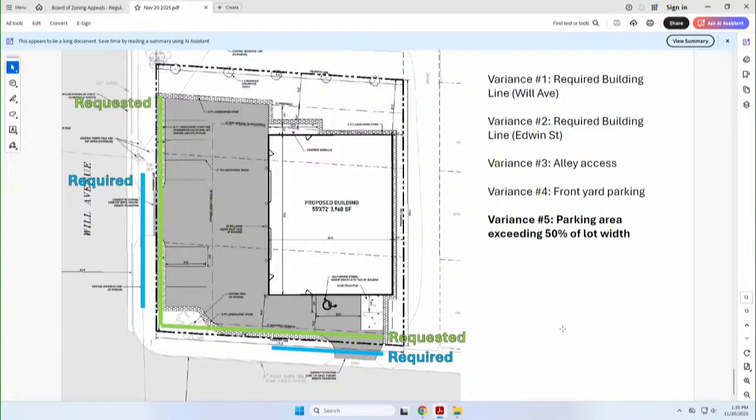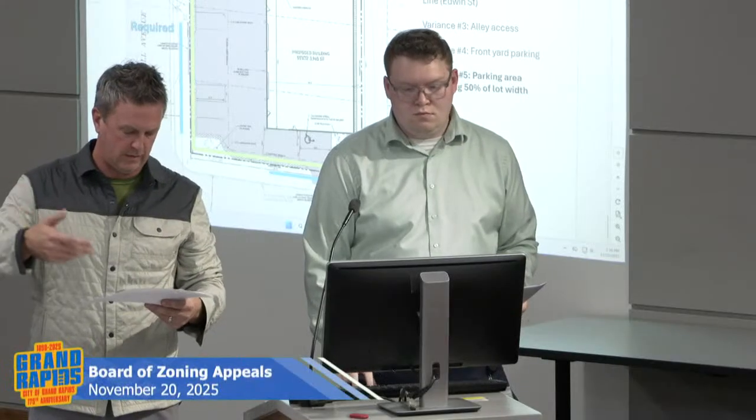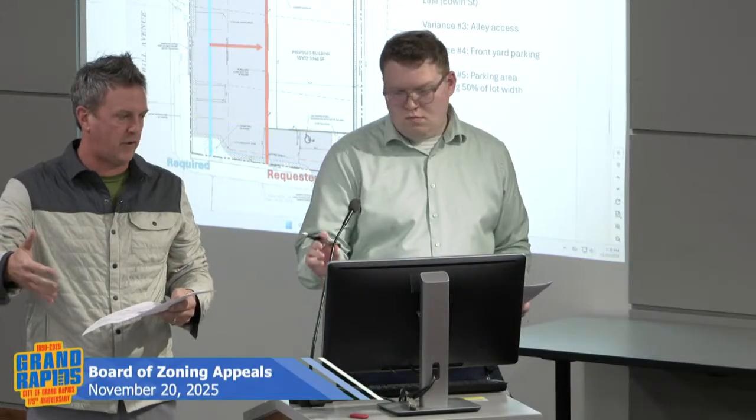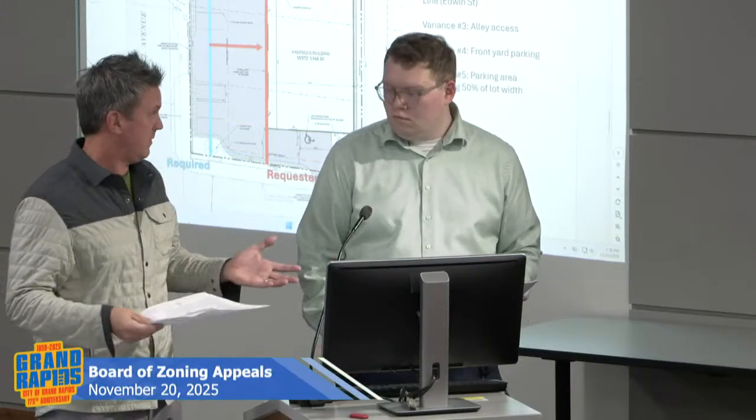I'm confused. So the zoning ordinance has the front of the building not on Edwin or Will, but on the unnamed alleyway? That's correct. The front of the building would face Will, but the entry point for traffic comes in off a gravel alleyway, which negates our already existing curb cuts on Will and Edwin Street. So that forces us to come in from an alleyway, which is fair.